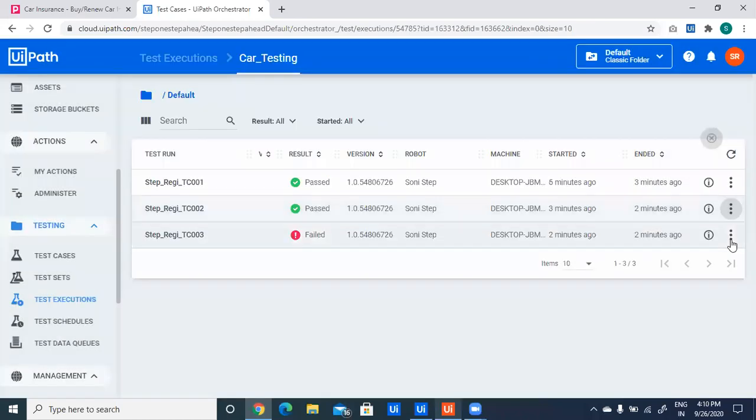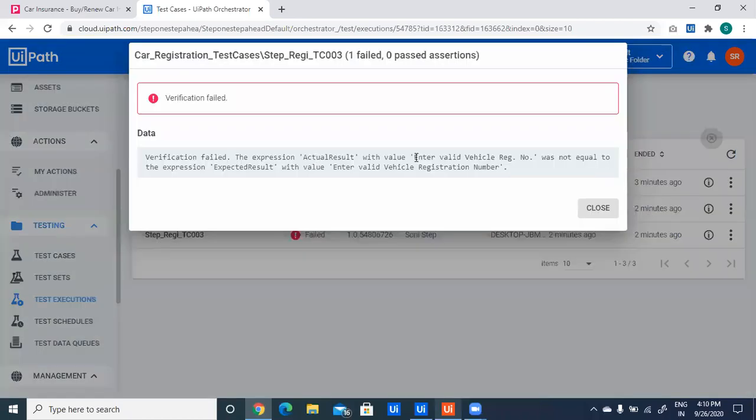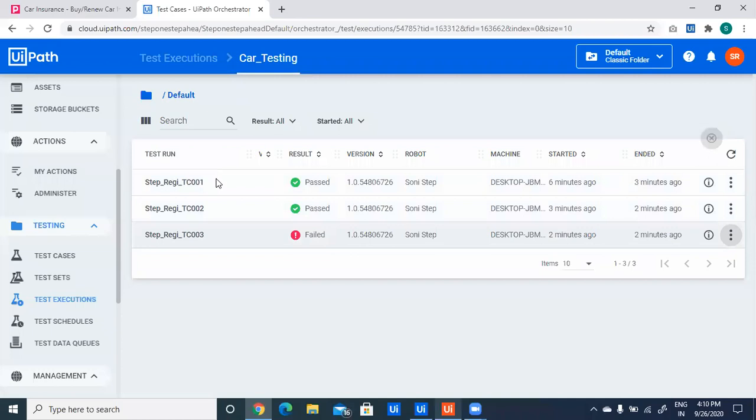And the third, which failed: we can see my actual result is 'enter valid vehicle registration number', but my expected result was 'enter valid vehicle registration number'. So this comparison failed. So these are the 3 test case results that we can view from the UiPath Orchestrator.